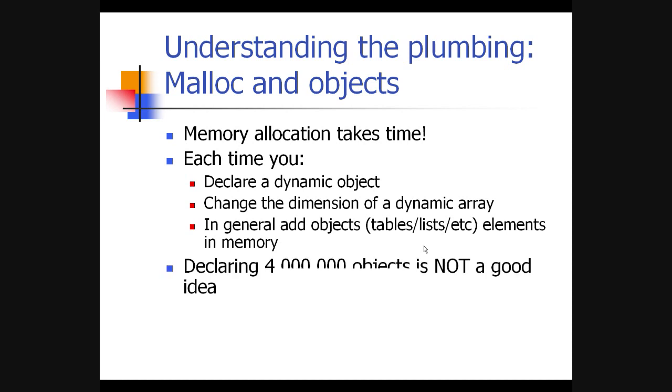So obviously, if you declare 4 million objects, it's going to take 4 million times the time to reserve the corresponding memory. So it's not a good idea. It can take really a lot of time if in the loop you are doing this kind of thing. The same way, it's not a good idea to manage a dynamic array and add records in a dynamic array one by